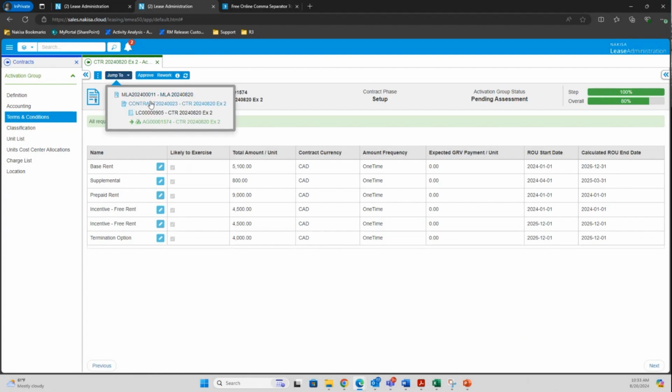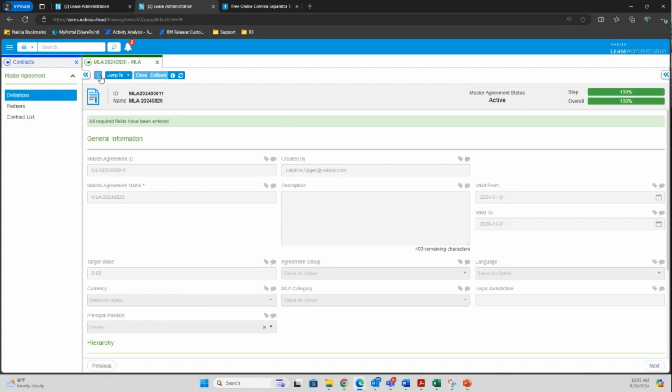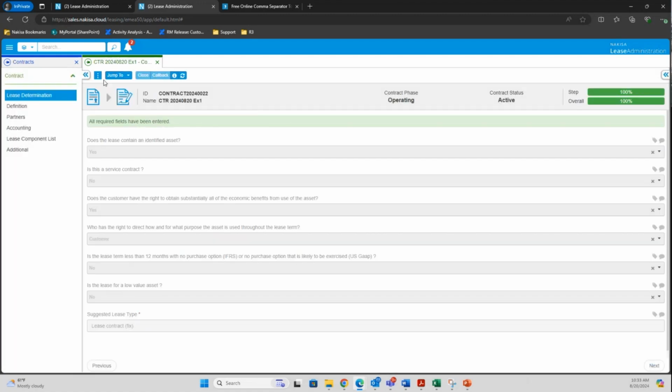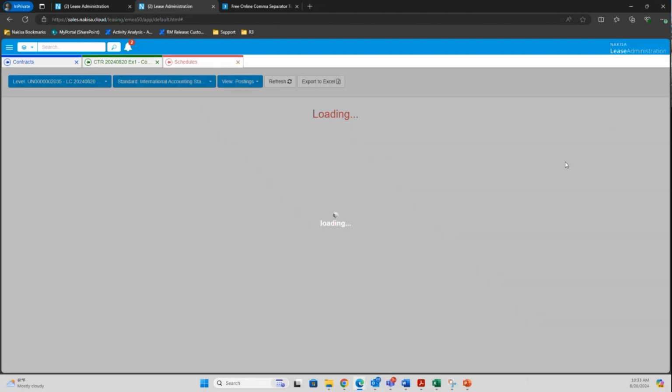All right. I'm going to move back to an example contract that I already approved, so we can take a look at the transactions. So this is an already active contract. And if I'm going to see the postings,